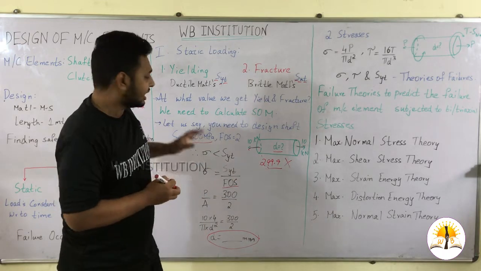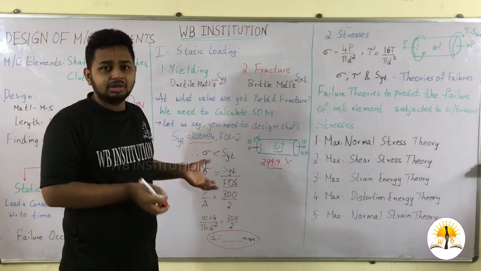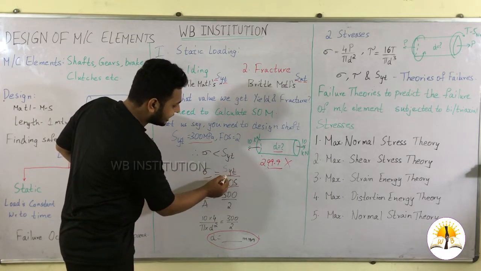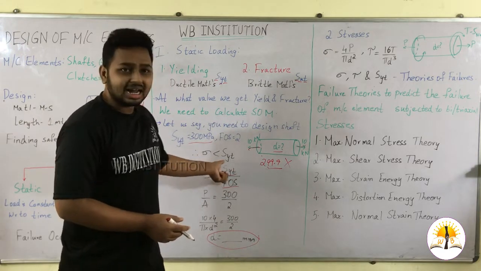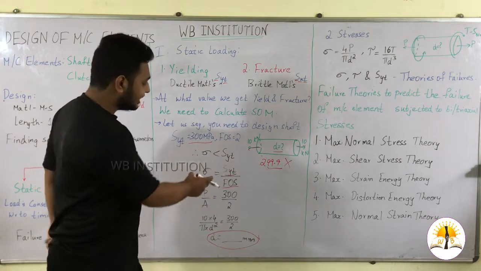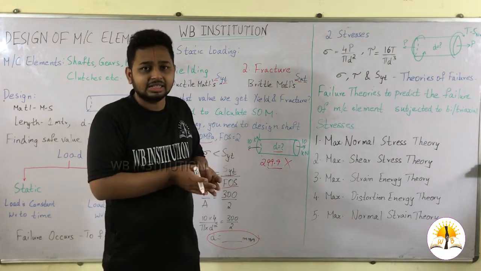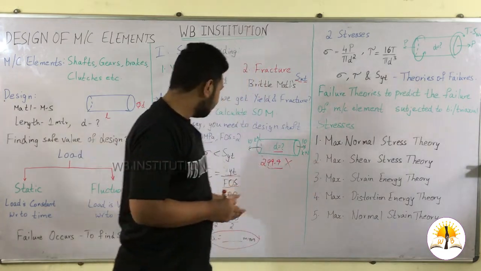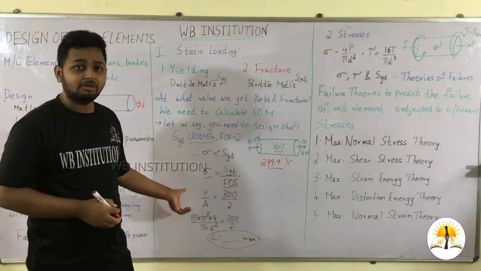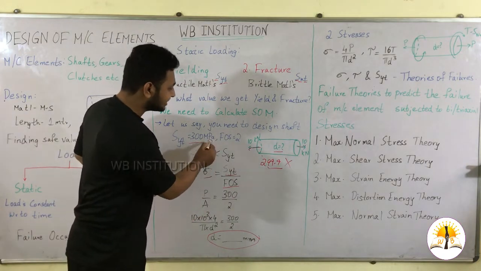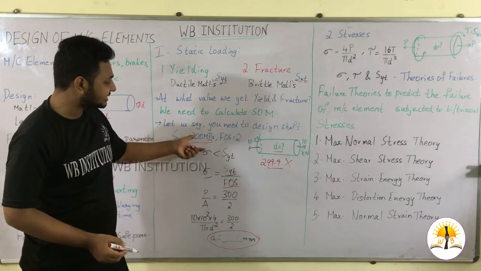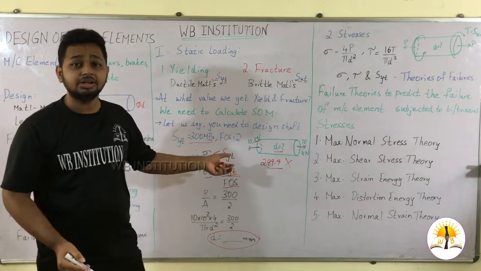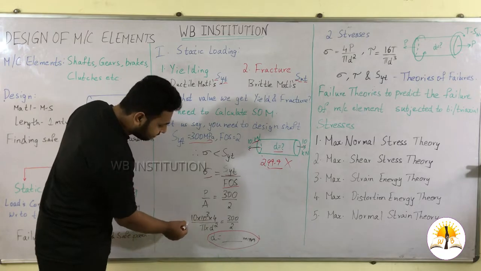Basically, for calculating the diameter and designing the particular member, we have to relate the stress and the strength. So normal stress and normal strength we have to calculate, and equate this equation to get the safe value for the particular design. Here we have to mainly concentrate on the units while converting from megapascal to kilonewton. Megapascal is nothing but Newton per mm square. We also have to convert kilonewton into Newton values, so we have to multiply with 10 cube.